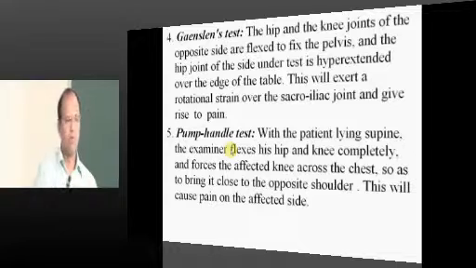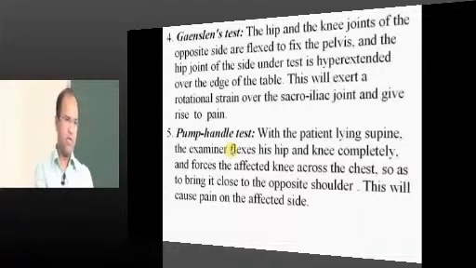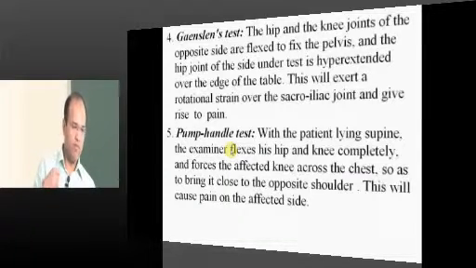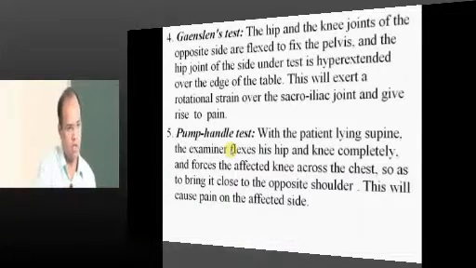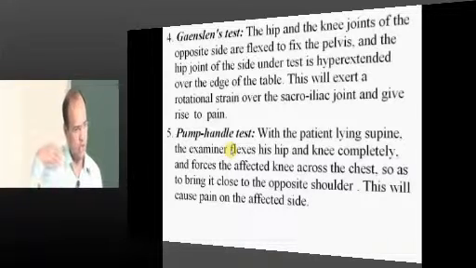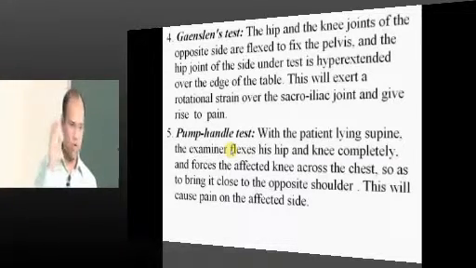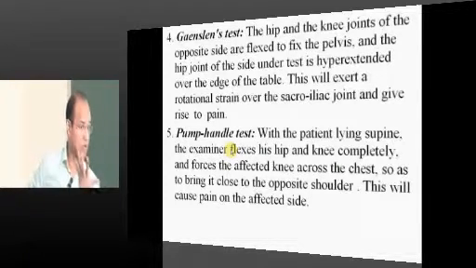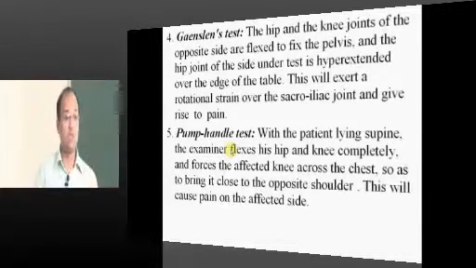shoulder joint. Suppose I have to test the right side of yours, then ask the patient to lie down, then flex the hip joint, flex the knee joint and press it onto the abdomen, and then adduct it so that it faces the left shoulder joint. Once you are doing that, you are opening the sacroiliac joint on that side on the posterior aspect. That strain will cause pain.